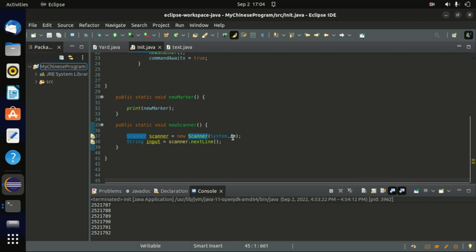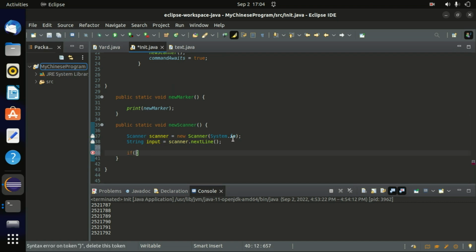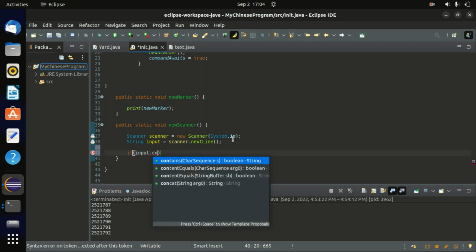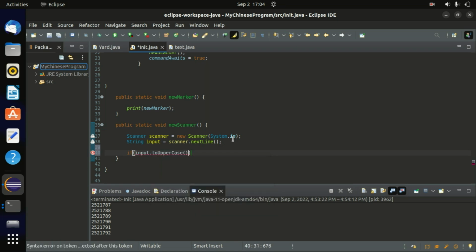All right. So now we need, when we put our input, how do we compare our input? For now we're gonna use if statements, but there's actually another way of doing this that's really easy. But for now, I'm just gonna use it like this because this is what you know. So of course I'm gonna just do toUpperCase, and then we're gonna do dot contains